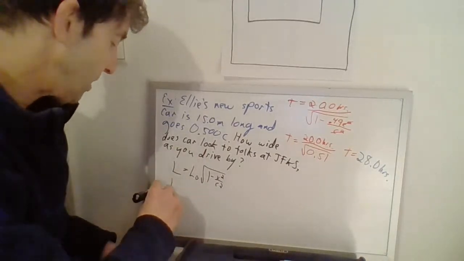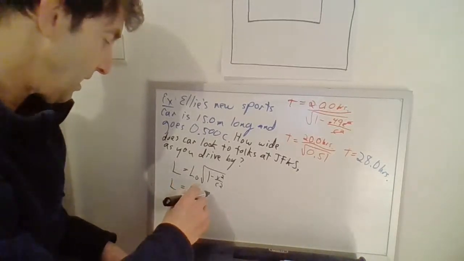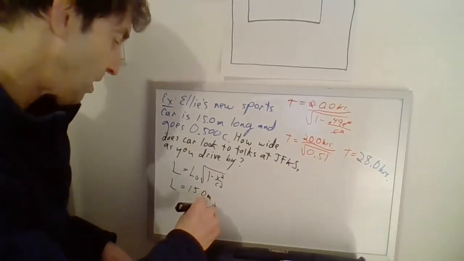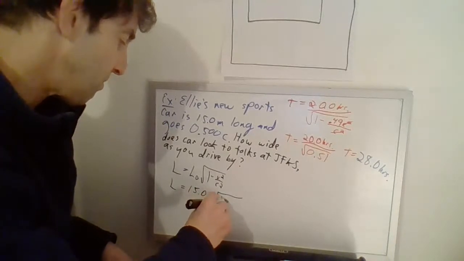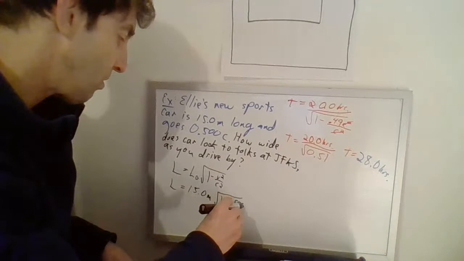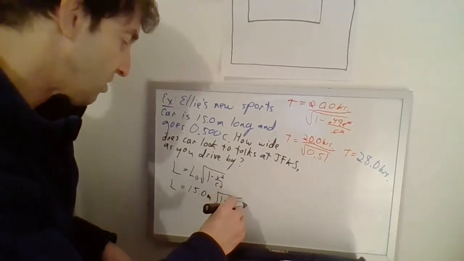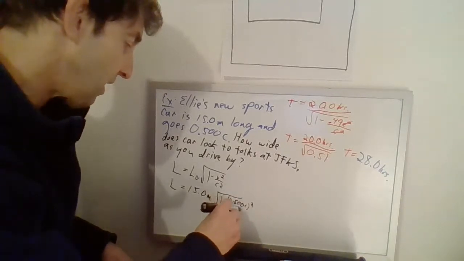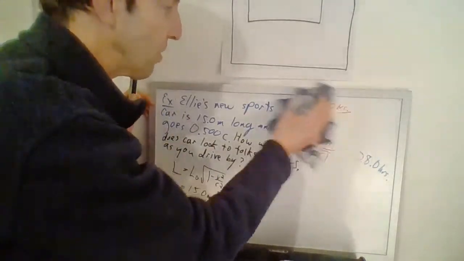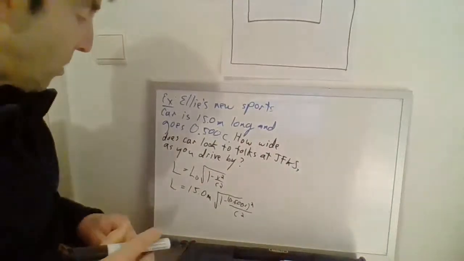Thank you very much. So we got the 15-meter LA limo, and that's L0 times the square root, our correction, of 1 minus (0.500c) squared, divided by c squared. Man, I hate writing down at the bottom of that board. So we're going to put the rest of it up over here. Okay, so here we go.